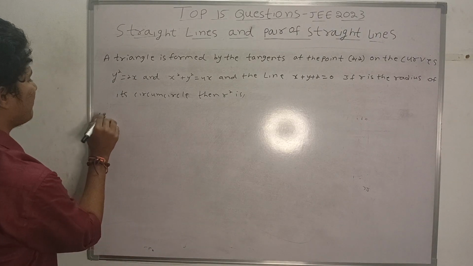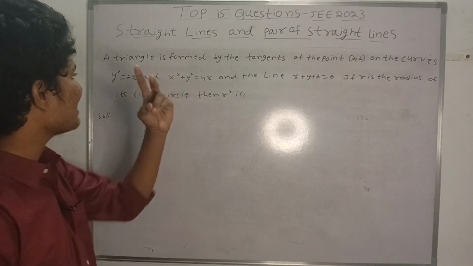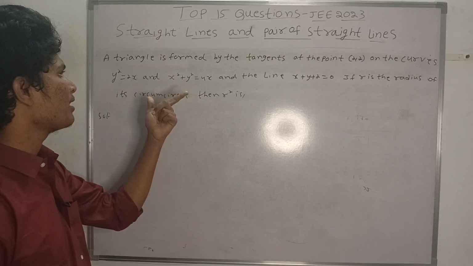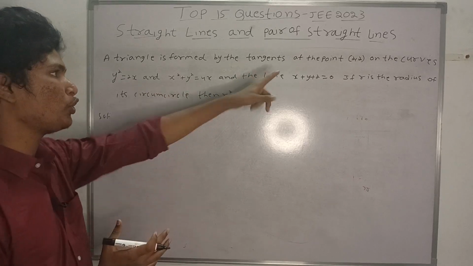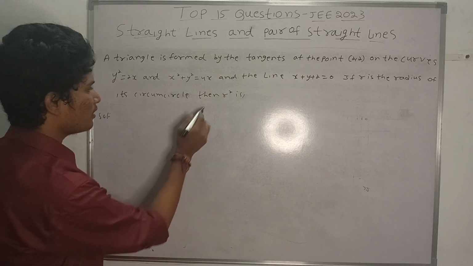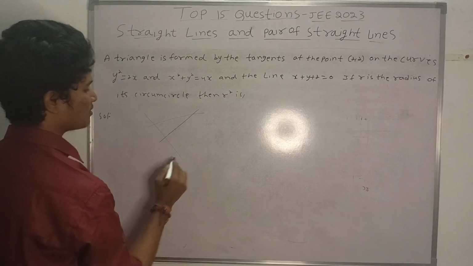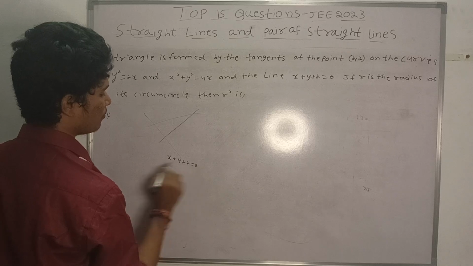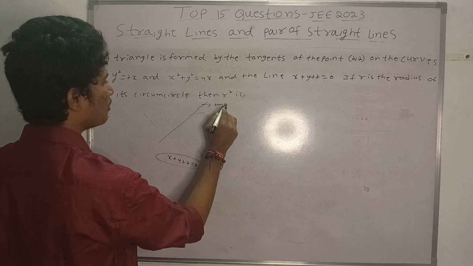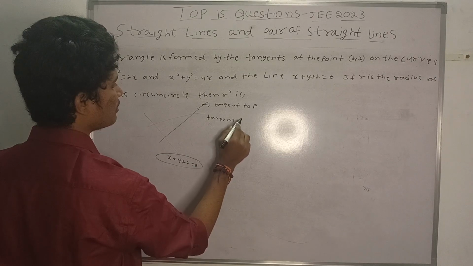So basically they have given that a triangle is formed. How is it formed? By the tangents at the point. There are two curves, a circle and a parabola. At the point 2, 2, two tangents are drawn, and these two tangents intersect at the point 2, 2, which is one intersection point we already got. Now there is another intersecting point. Suppose these two are the tangents and this is a straight line. They have given x plus y plus 2 equal to 0. This is a line here, and these two are the tangents. This is tangent to the parabola, and this is tangent to the circle.